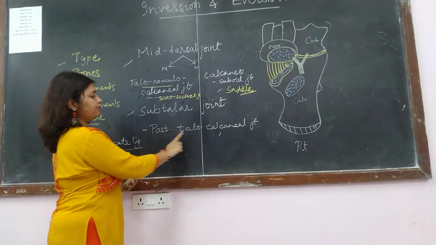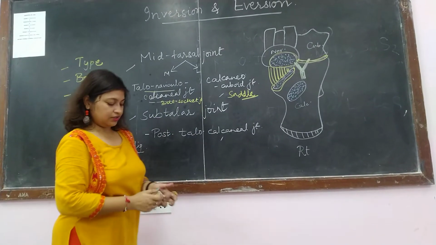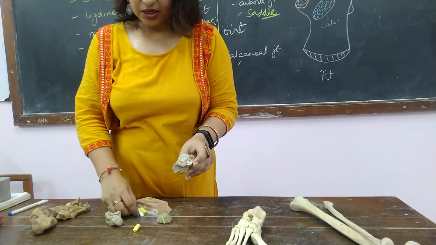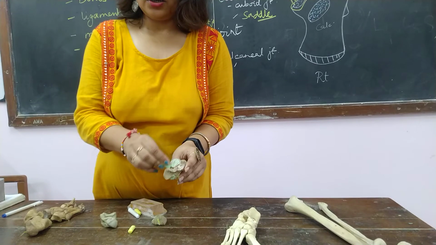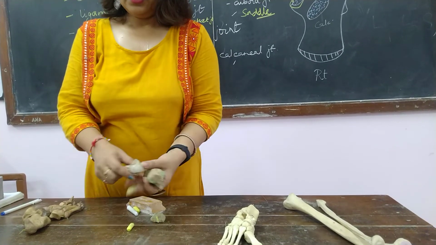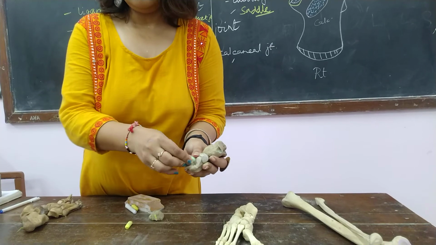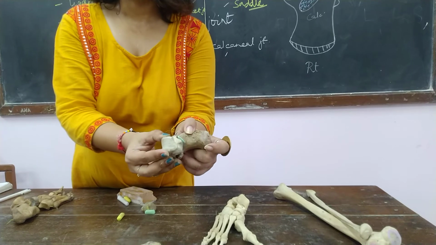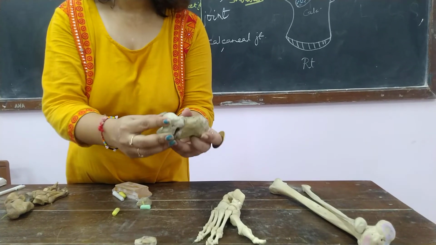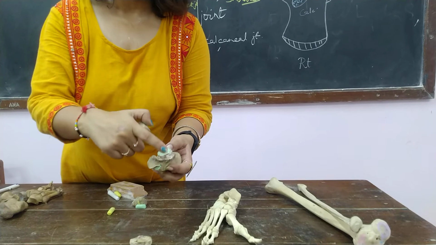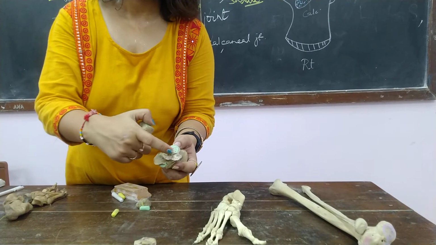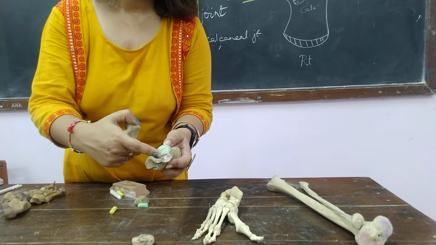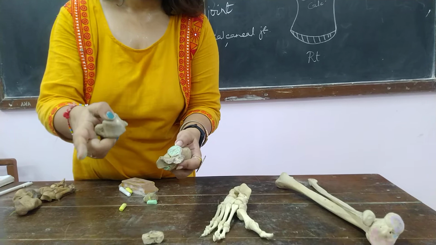Now we are going to discuss the subtalar joint, which is nothing but this posterior talocalcaneal joint. So this articular surface, posterior articular surface on upper part of the calcaneum will articulate with the posterior articular surface of the talus, and they form this joint which is called subtalar joint. Now you see between the anterior and posterior articular surfaces of the calcaneum there is a rough non-articular area which is called sinus tarsi, right?